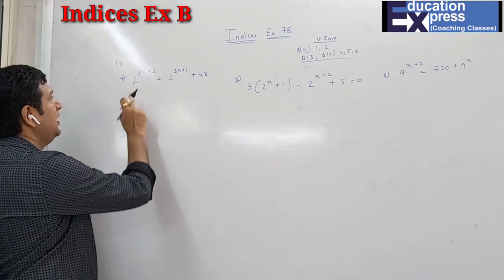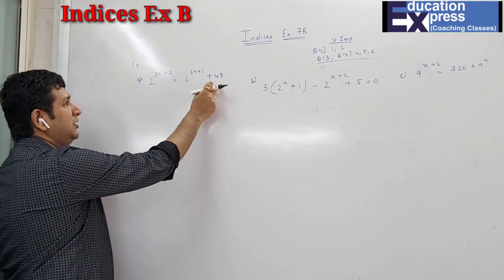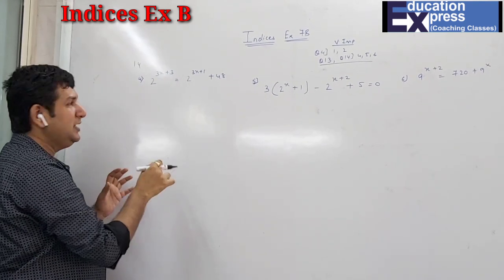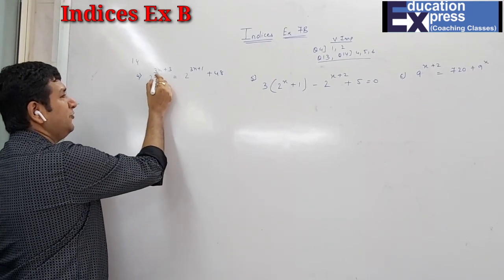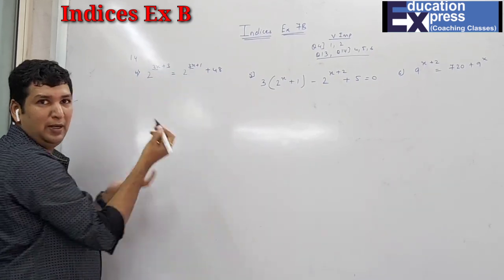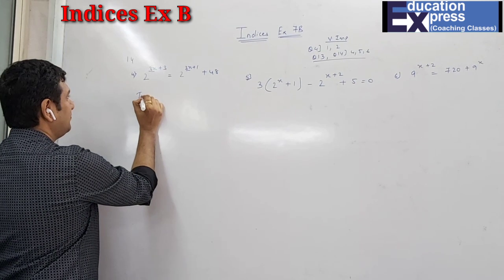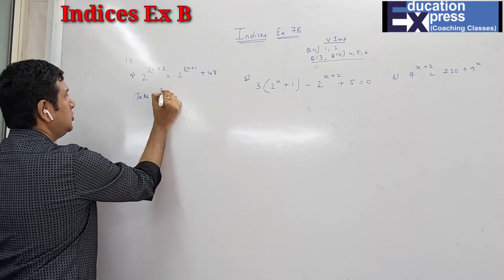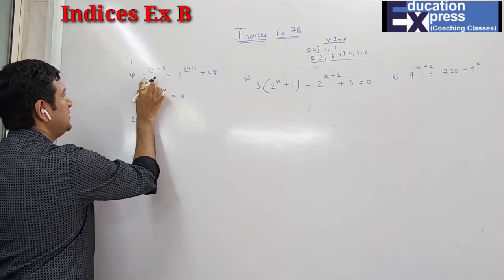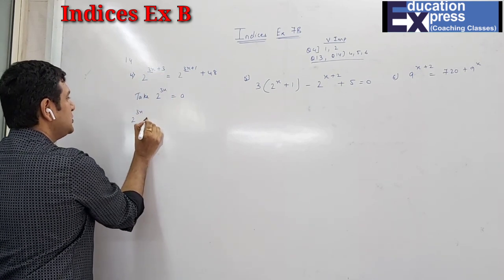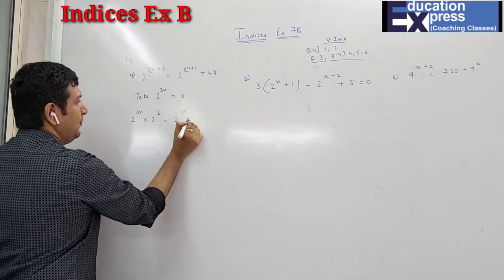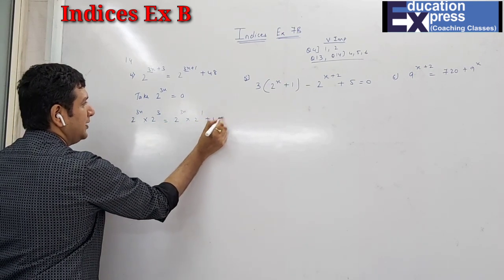Over here also we have more than 2 terms, 1, 2 and 3. But again the same thing, the variable is in the power. So I will just see the base whose power is a variable. What's the minimum power? So here 3x is the minimum. So I will take 2 raised to 3x as a. First I will separate them. This base for both. Plus means multiply. 2 raised to 3x again plus 48.